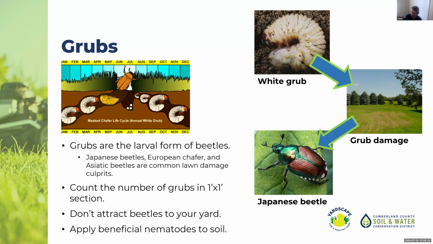And also, there's milky spore, which is a pathogen that historically hasn't been great for use in Maine because our warm season isn't long enough, but maybe as Maine's climate is changing a little bit and our falls are getting a little warmer, those are another option, both that target grubs.